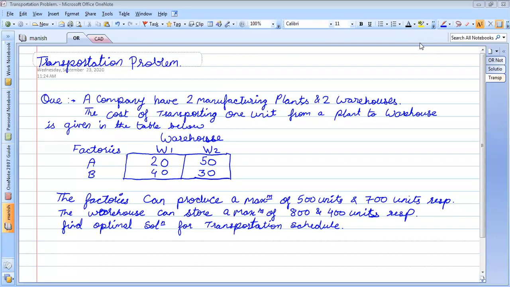So we see that there is a company which is having two manufacturing plants and two warehouses. The cost of transportation of one single unit, whatever they are manufacturing, we are not bothered about what they are manufacturing.